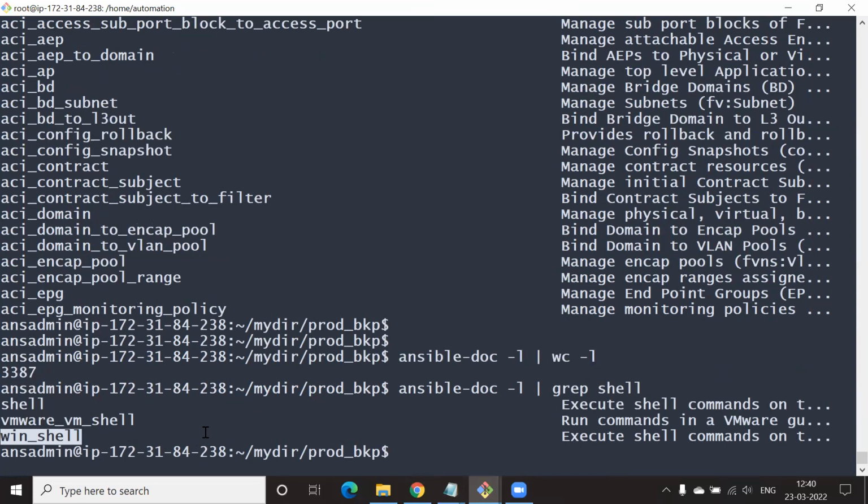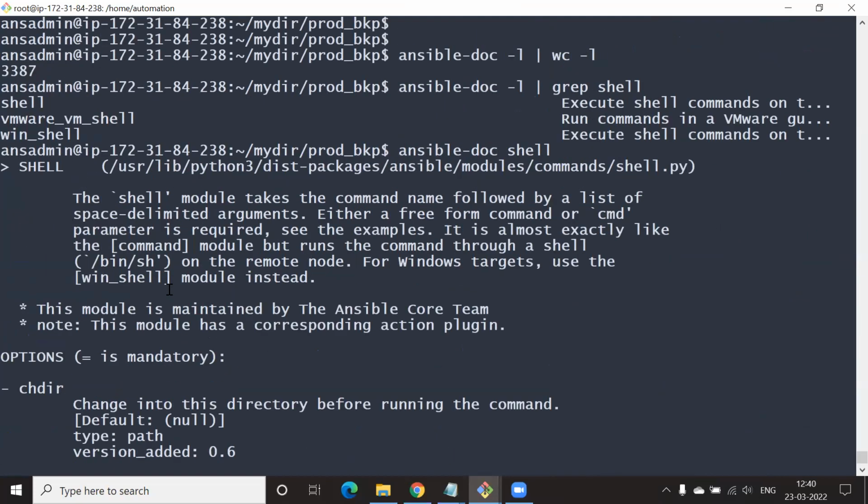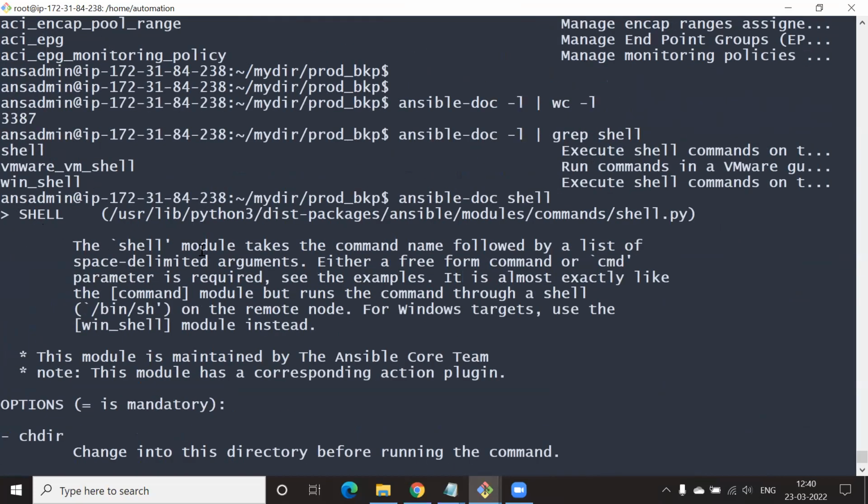Now say ansible-doc space shell. Okay, so that gives you information about the shell.